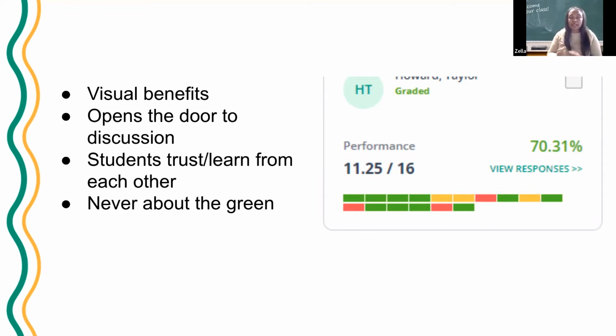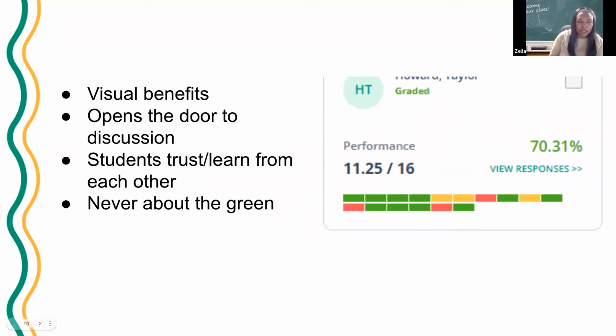And so now they're not doing the homework wrong the entire time, but they're actually getting some practice and some immediate feedback. It gives me a chance to showcase students who are doing it well. But what I look for as an educator is those yellow and red areas, because I'm looking to see what concepts we have not mastered. And let's talk about that. Let's talk about how we're approaching this